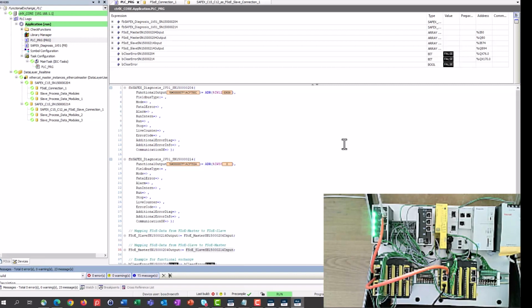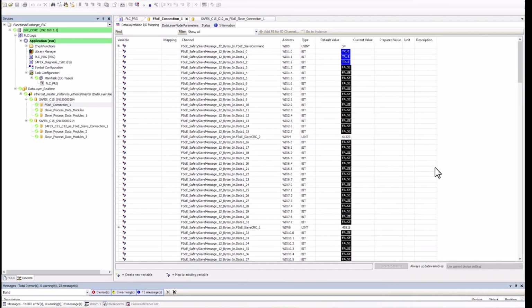We see now that on the master control and also on the slave control, both LEDs are green. If the FSOE communication would not work correctly, we would still have a yellow blinking LED. This is not the case. Let's have a look at the FSOE data, and here we see 3 set bits. This looks good here as CRC newly formed in each FSOE cycle. Further data are not transmitted as user data.